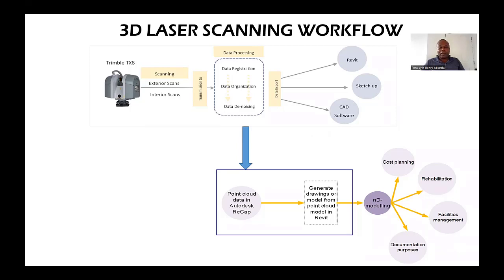modeling. But then our focus will just be on how to get point cloud data from Autodesk ReCap to Revit. And of course, it depends on the file format, the concept of interoperability. If we have our point cloud in ReCap, how does it get into Revit? We have to export it in the RCP